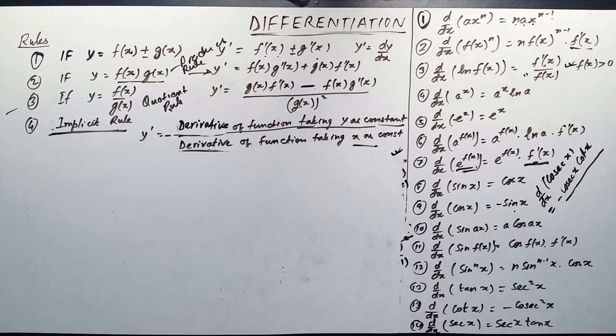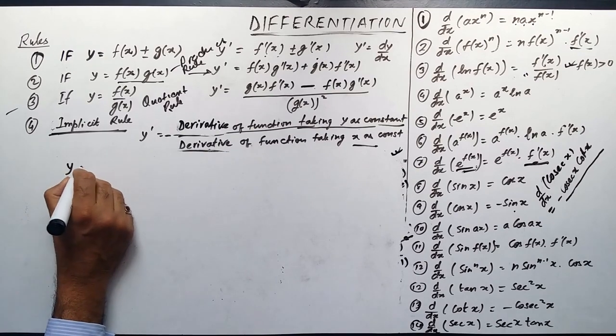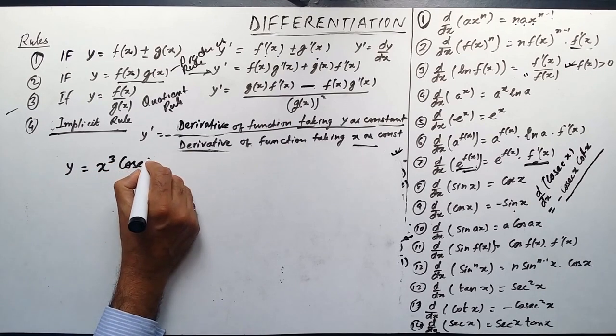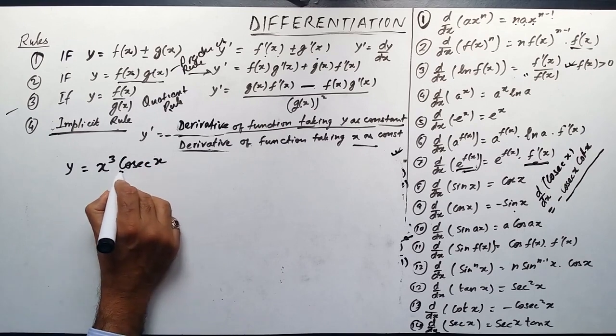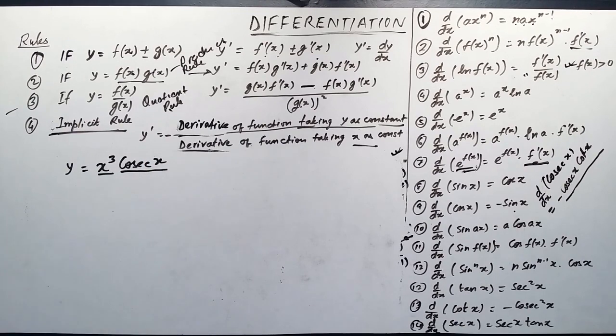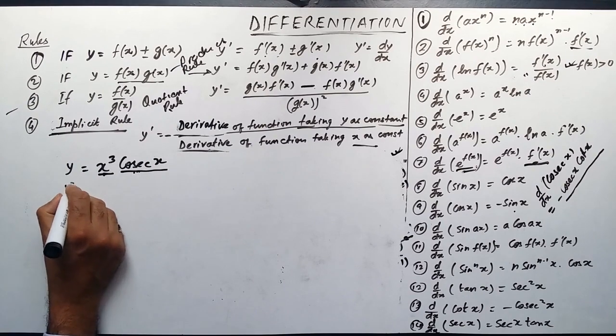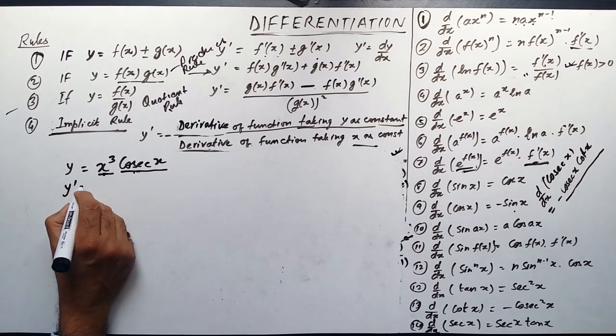So now let's go ahead and do some derivatives on trigonometric expressions. So let's see this one. y is equal to x cubed cosec x. Now we see this is a trigonometric function and this is an algebraic function, and we have a product of two functions. So the derivative of